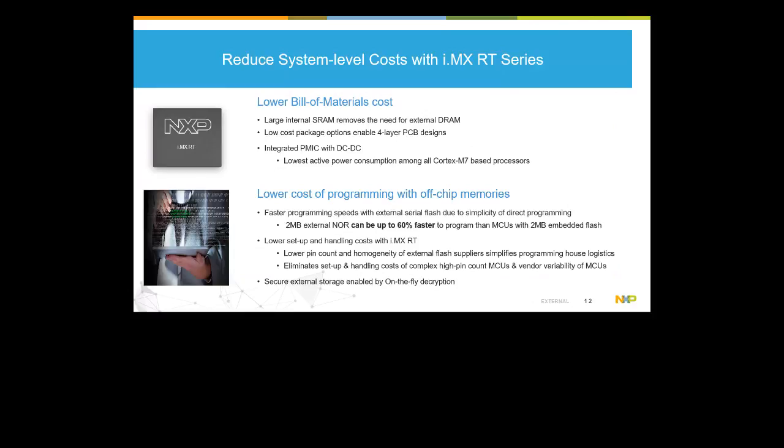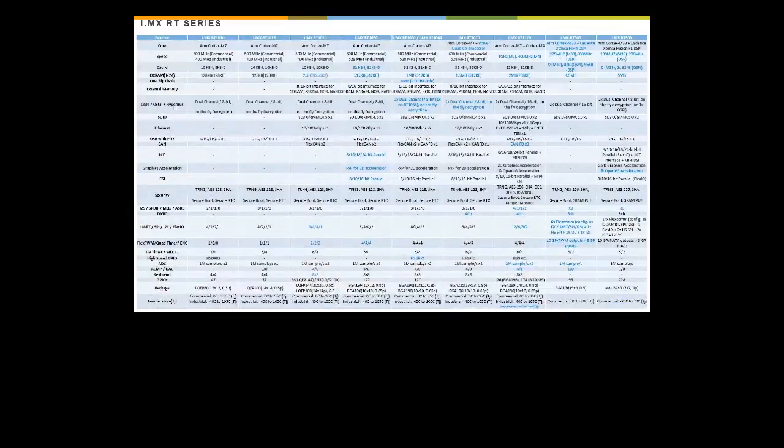So it's the idea of providing a lower bill of materials cost that's typically associated with an MCU or a microcontroller, while providing a high level of functional integration, which is covered from a very high level here, and that is more similar to what we would think of in terms of an applications processor, right? Where we have, even on some of these newer devices, which we're going to focus on for today, integrated 2D GPUs and heterogeneous graphics processing